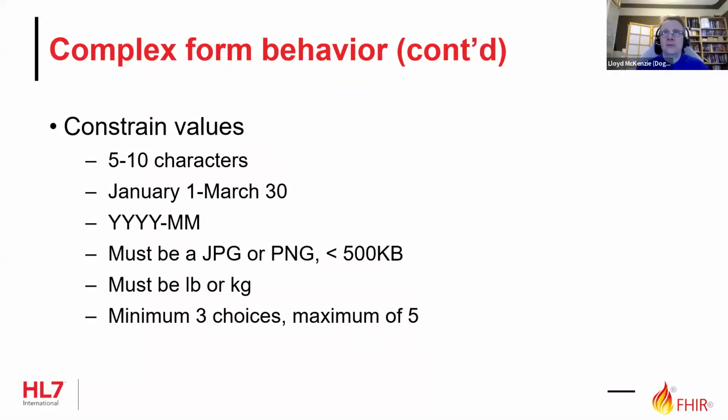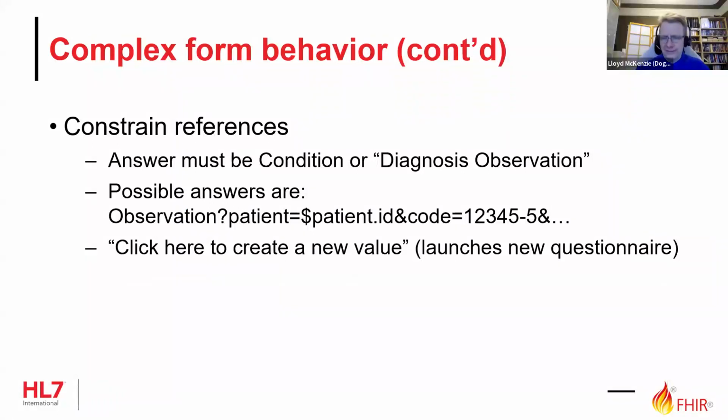All of these kinds of things are possible. One of the cool things that FHIR brings to the table that was never possible with paper forms is the ability for answers to be pointers to data that lives elsewhere. So in the paper world, if you wanted to ask a question like, who is your primary care provider? You would have a question where you would specify their name and maybe their phone number. Or if you're doing it targeting healthcare providers, maybe you would get their license number. And then somebody would have to go figure out who the heck this person actually is in the system and